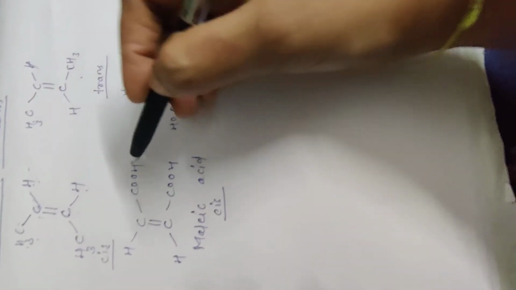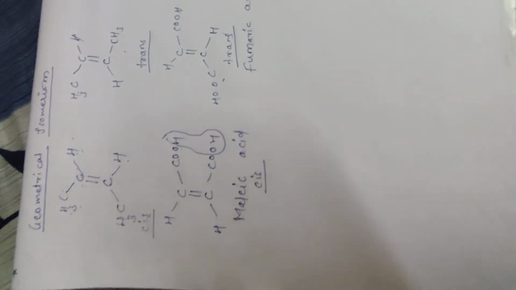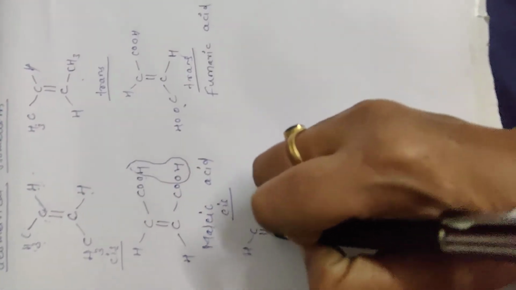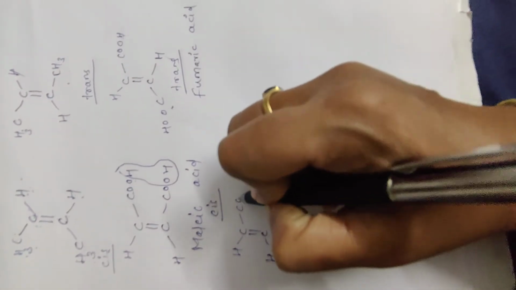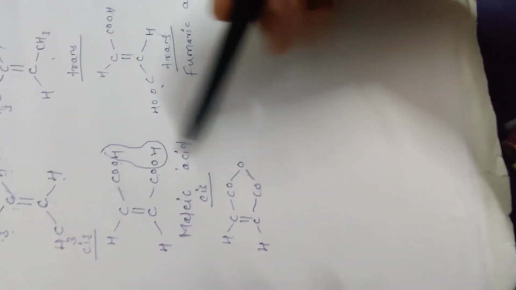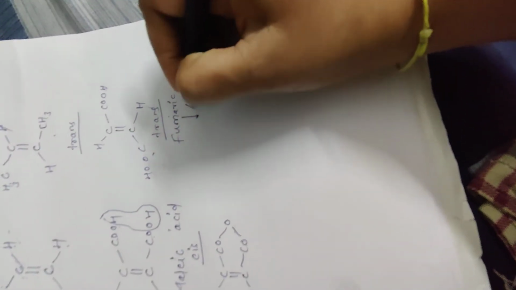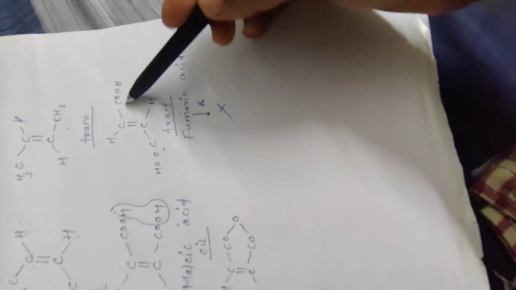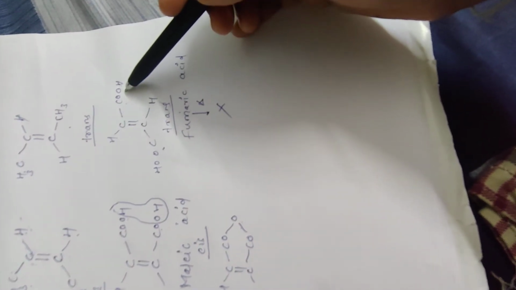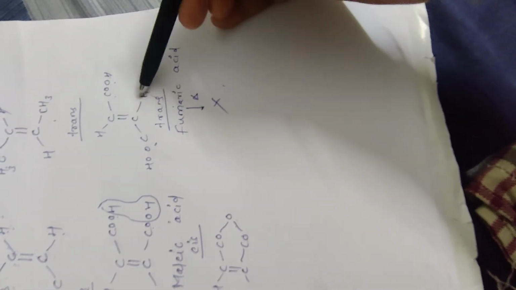Why? Because the COOH groups are on the same side, so immediately when we heat this compound, this water molecule is removed here, and we get the compound which is called malic anhydride. The structure for this malic anhydride is like this. So on dehydration or heating, this malic acid gets converted to this malic anhydride, but this is not possible here. This reaction doesn't happen because both COOH groups are in the opposite direction. Therefore the water molecule isn't removed here, and it doesn't lead to any product like malic anhydride.